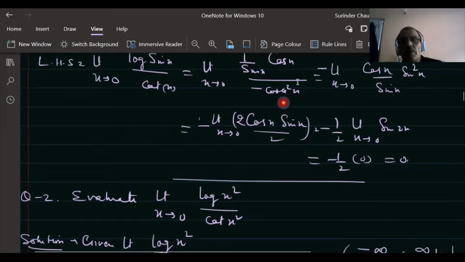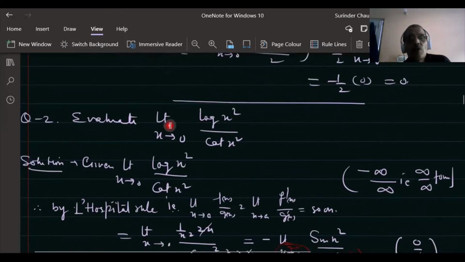We have to eliminate the denominator. Our aim is to eliminate this with the help of L'Hospital rule. If you are finding a limit, our aim is to eliminate infinity or 0 from the denominator. We are doing all this to eliminate the denominator.